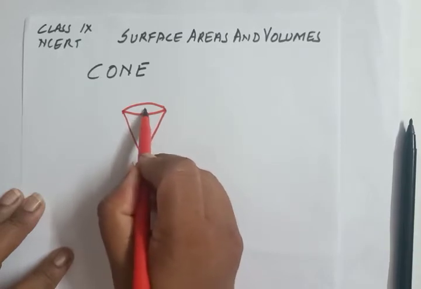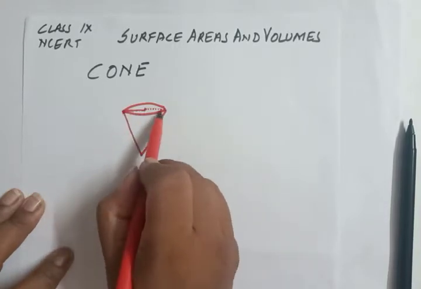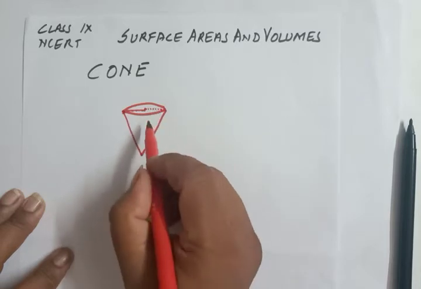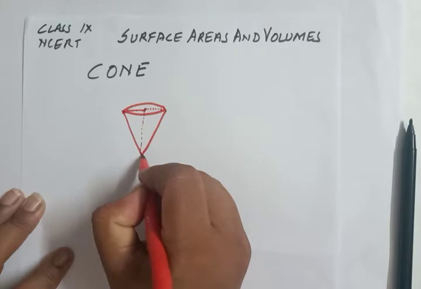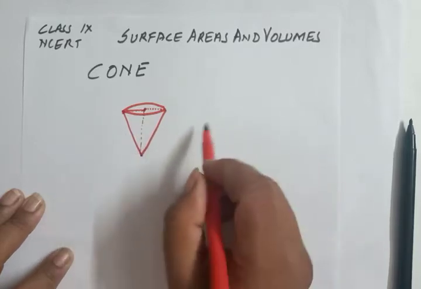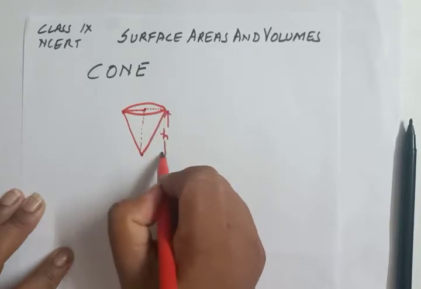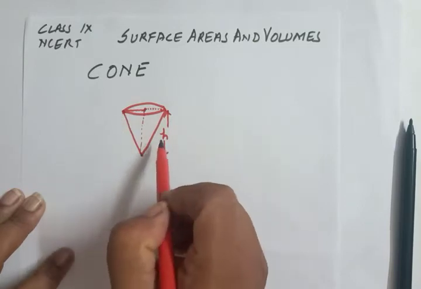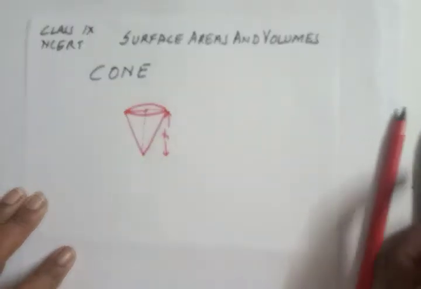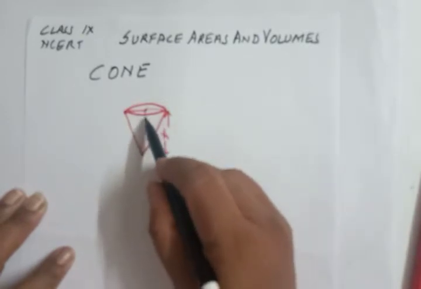So this is the radius. We can say this is the radius. This is a diameter. If we completely join from this vertex to this vertex, this is a complete diameter. And when we join this center to this vertex straight, this is the height. Yes, so this is the height of the cone, and this is called a right circular cone. The right circular cone means the center should join to the vertex and it should be at a right angle.